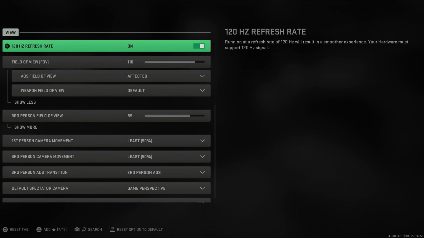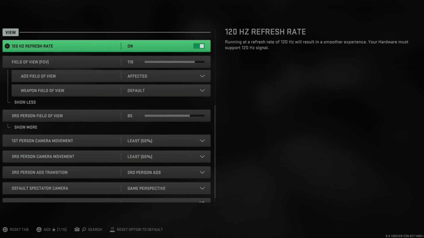Further down the list, you'll find the 120Hz setting, which can bump the game up to 120fps in exchange for lowering the resolution. You will need to hook your console up to a TV or monitor that supports 120Hz, basically one that's got a HDMI 2.1 port, plus you'll need to make sure that 120Hz is enabled in your console settings too. If you do happen to have a compatible TV, then I'd highly advise switching this on,